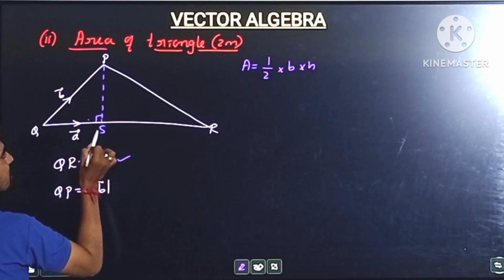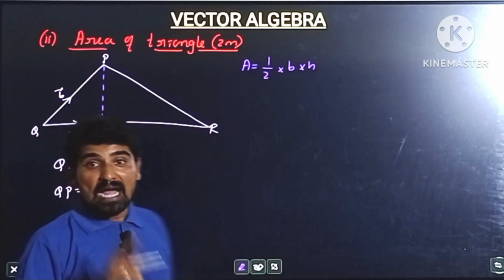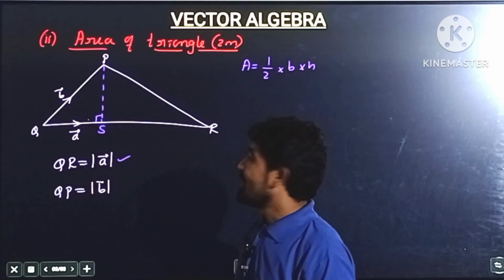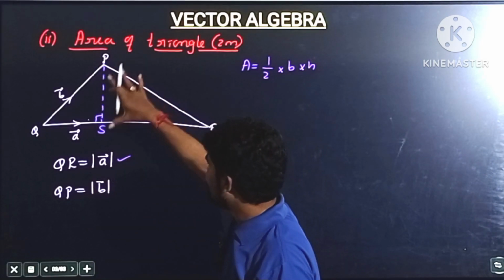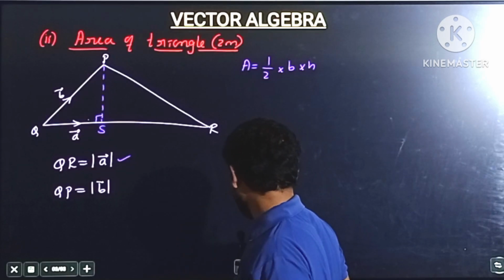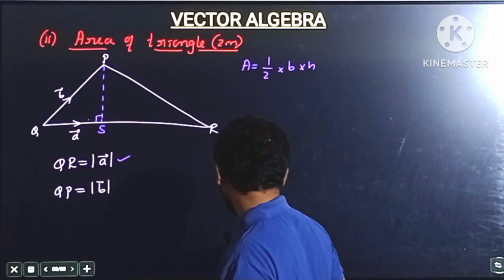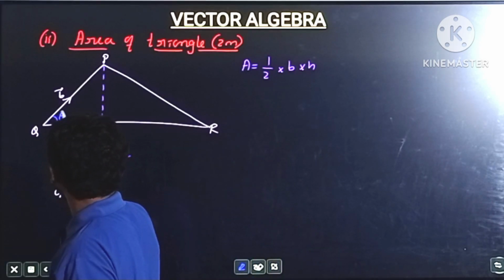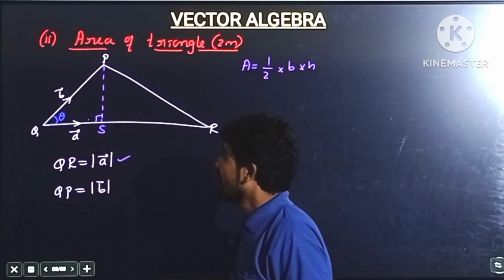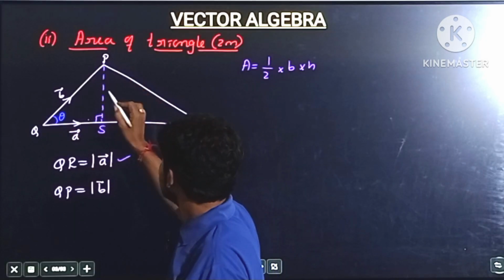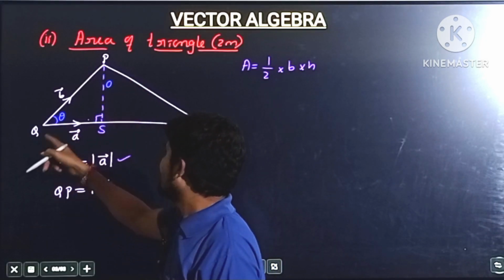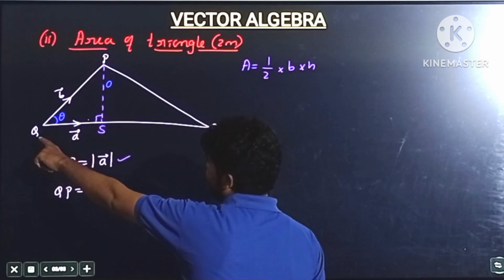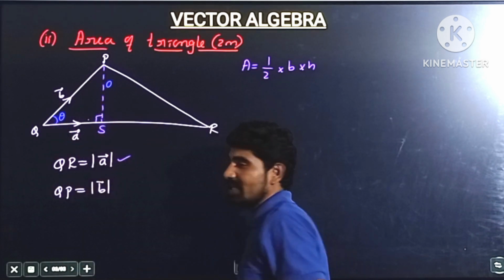So this PS is perpendicular to QR and it represents the height of the triangle PQR. Now we need the length of this PS. To calculate the length of PS, let us consider theta as the angle between A vector and B vector. For this theta, PS acts like the opposite side, QS is the adjacent side and QP is the hypotenuse side. So in this right angle triangle PQS,